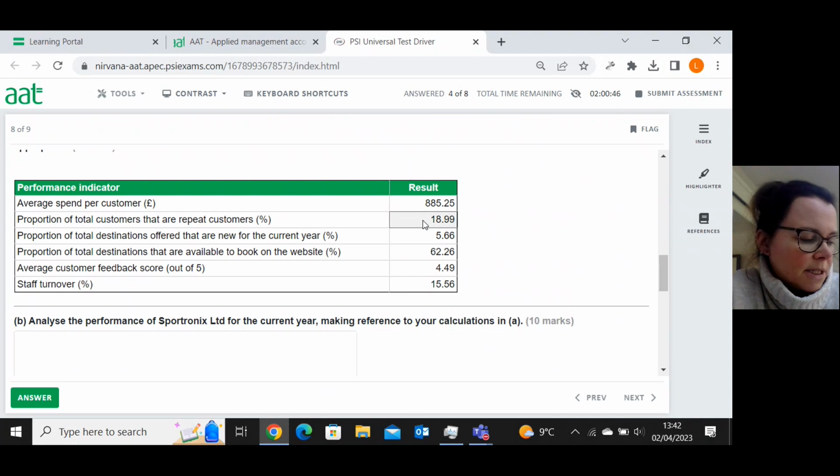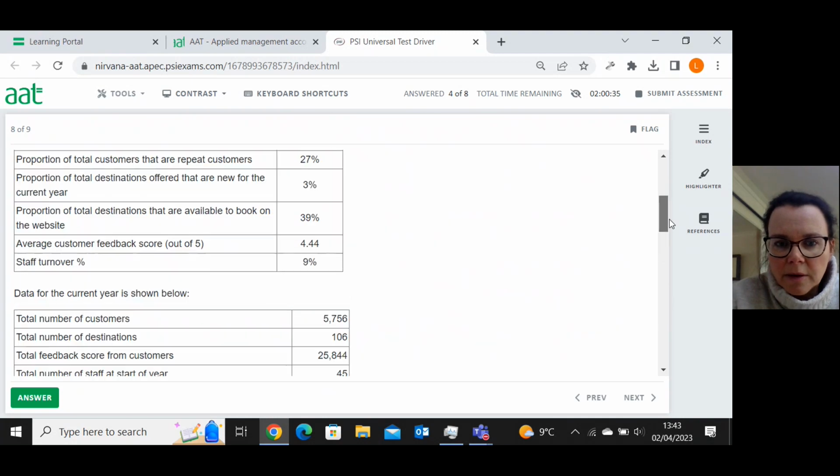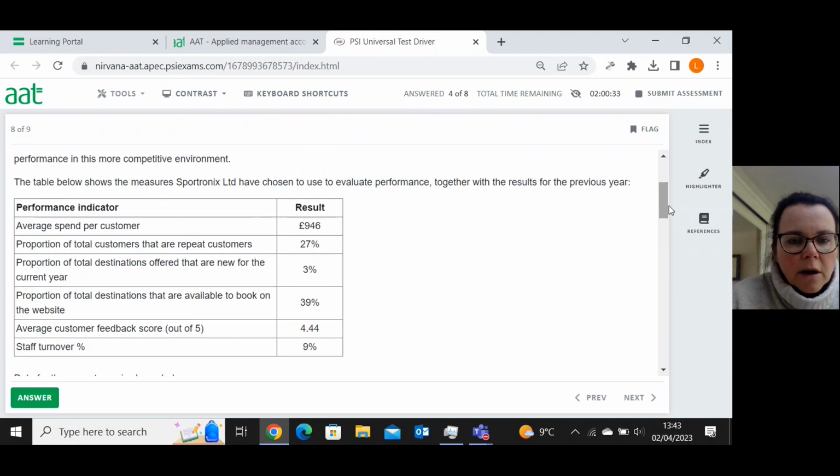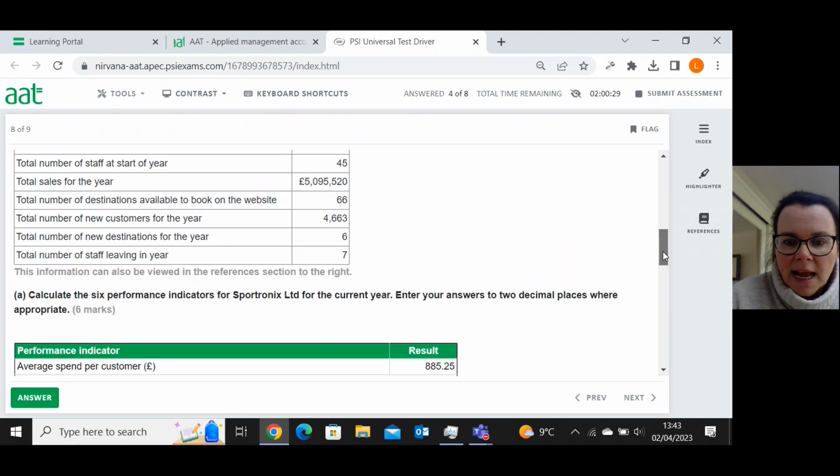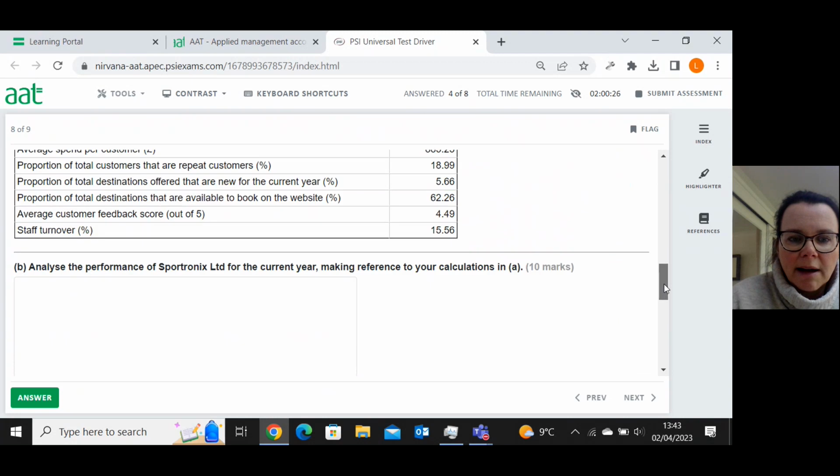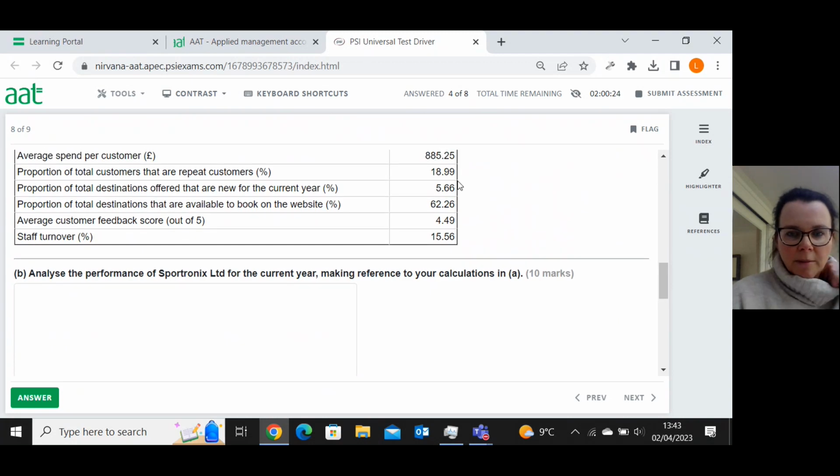Proportion of total customers that are repeat customers. So we've got 18.99 there. I thought it was... Oh, so that's got worse. So it was 27%, and now it's 18.99. So not so many repeat